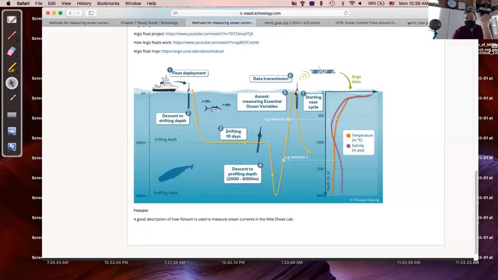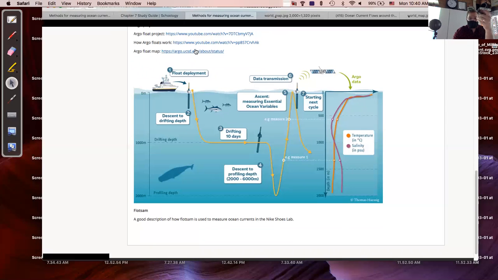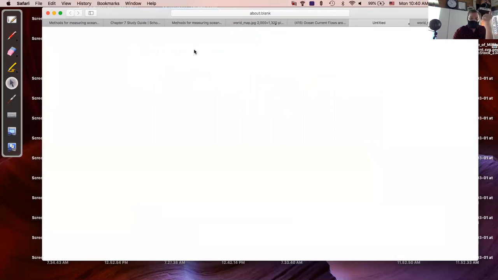So whenever it runs low on battery power or needs to be serviced, you can find out its location because it has broadcast its GPS signal, but also has a small radio transmitter on board that you can just track the same way as you'd track an animal with a radio tag or whatever like that. So here's the current